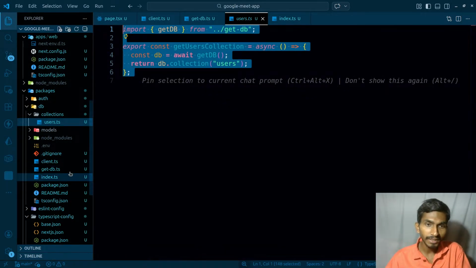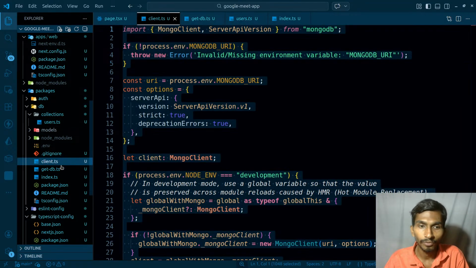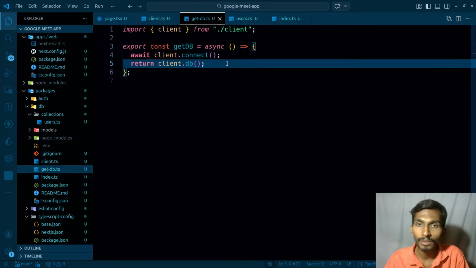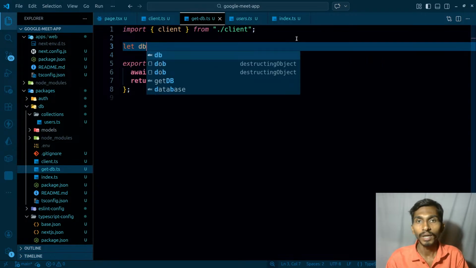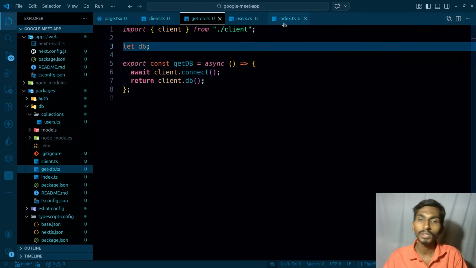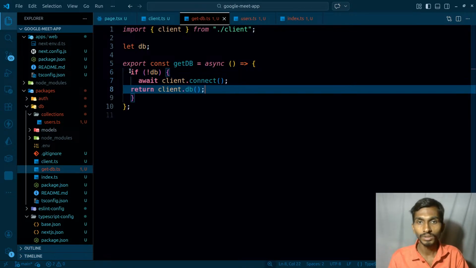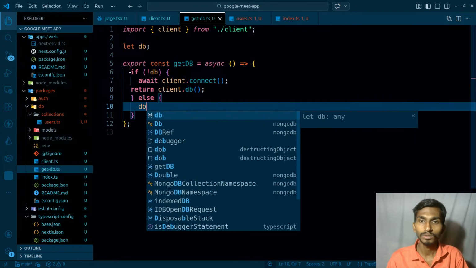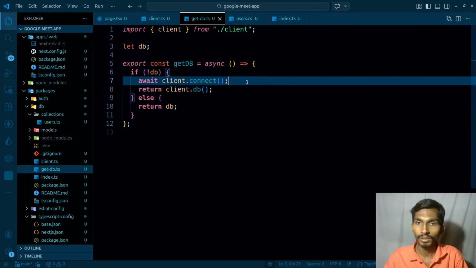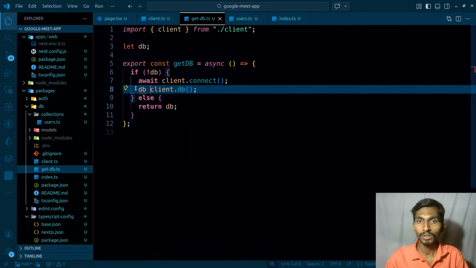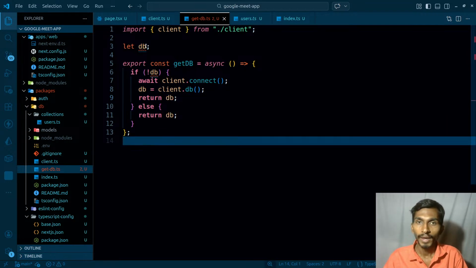One extra safe thing that I can do is this particular stuff over here. Not this stuff, but where I'm actually returning the database. So client db, I'm returning the database over here. This is not needed because again it is handled automatically, but just in case I can simply check if not db only, then do this, else return db. And here db is going to be this, and return db. Any problem? As for the type of this db,